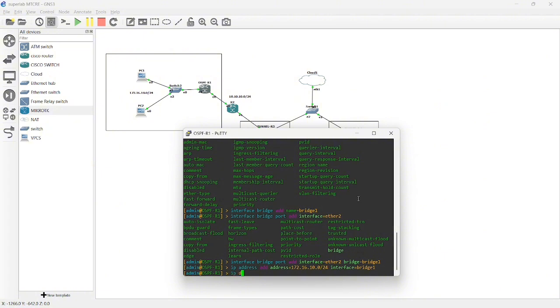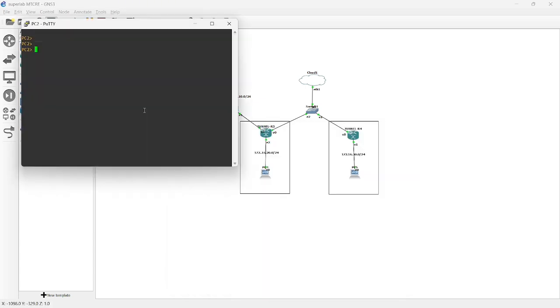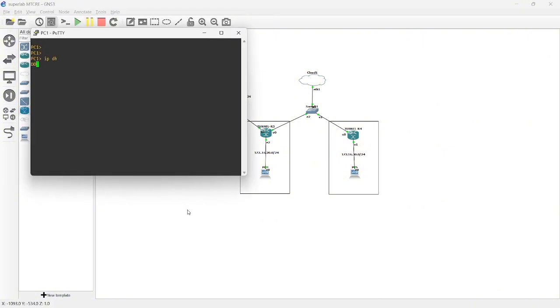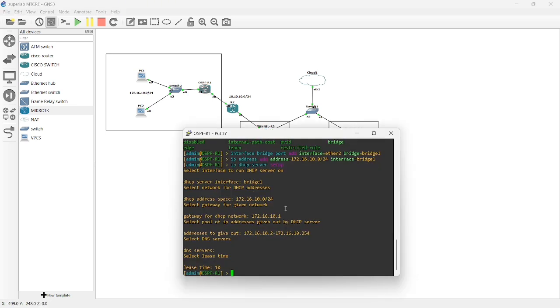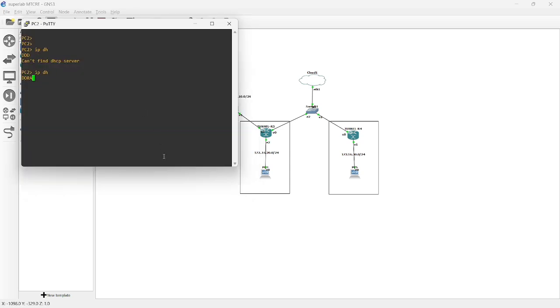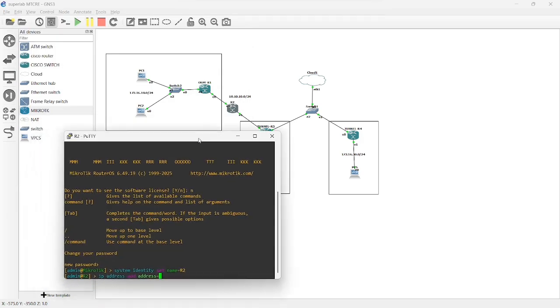Okay, after that we configure again the DHCP server so it can connect to the PC on ether 2, and IP DHCP. Oh, I forgot to press enter in this step. Okay, IP DHCP. Okay, I get it. I get the IP from DHCP for OSPF, and the second PC can connect to the OSPF too.